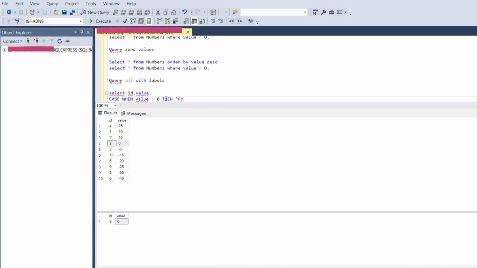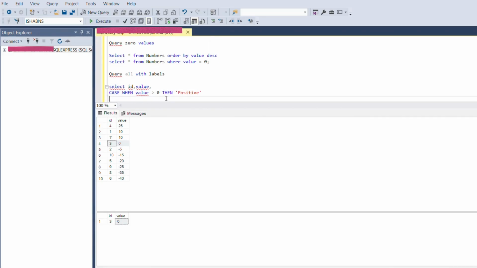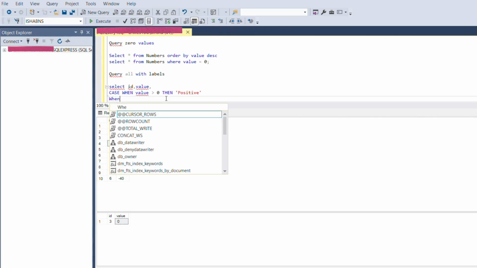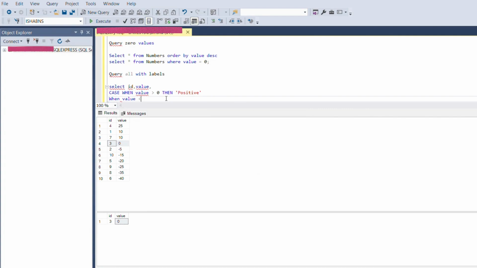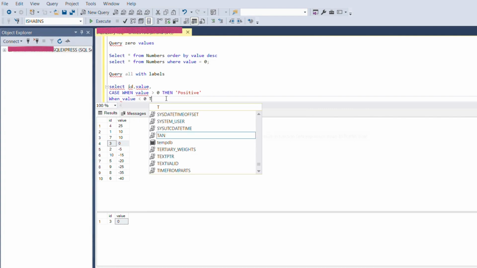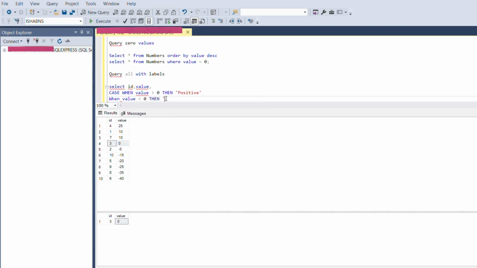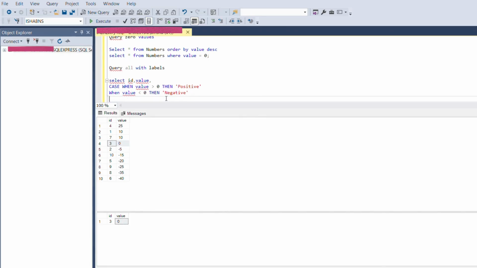So for achieving that I'm making use of one more query: select id comma value, which gives all the data present in the numbers table, and I'm making use of a case statement over here: case when value is greater than 0 then positive, when value is less than 0 then negative, else 0.